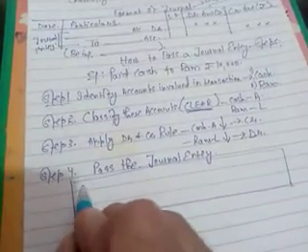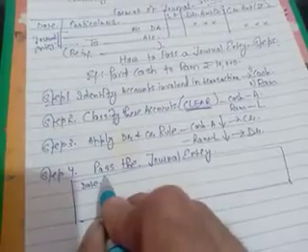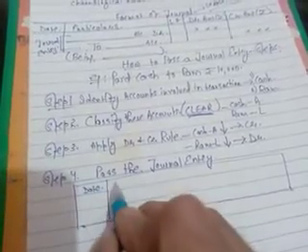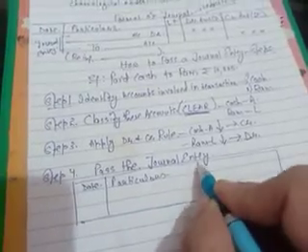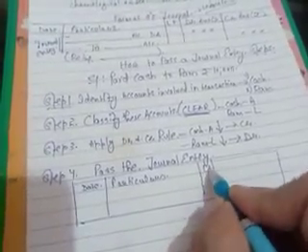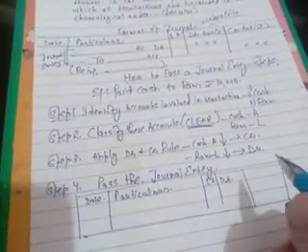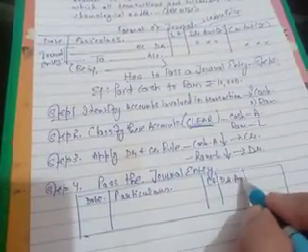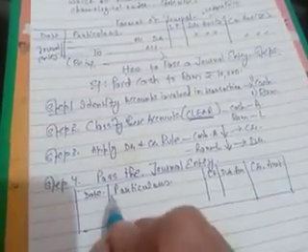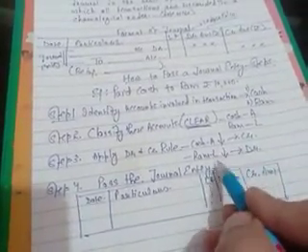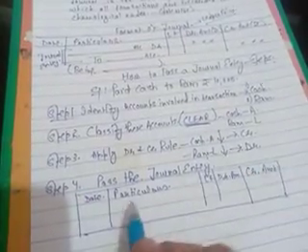The format was date, particulars, ledger folio, debit amount, credit amount. So in our journal entry, we can see that Ram has to be debited and cash has to be credited. So our journal entry will be